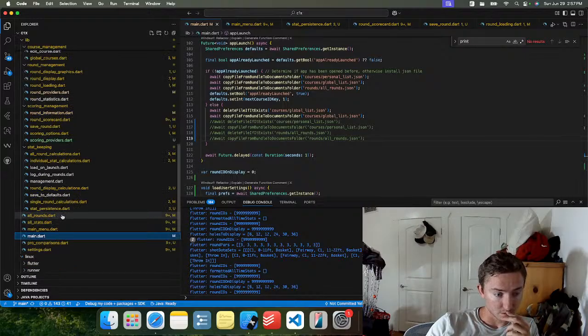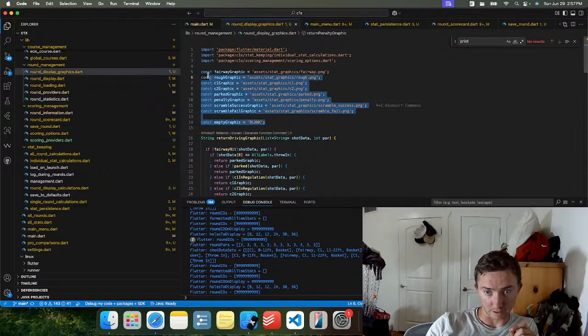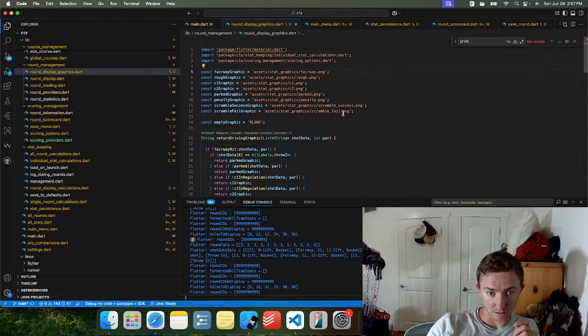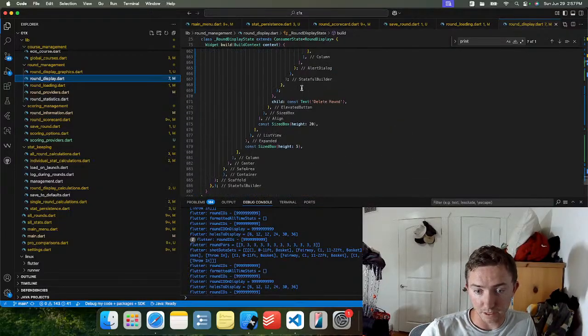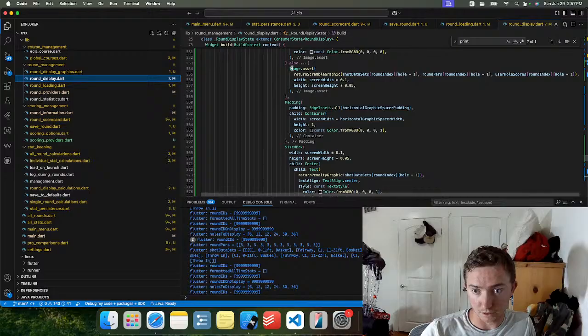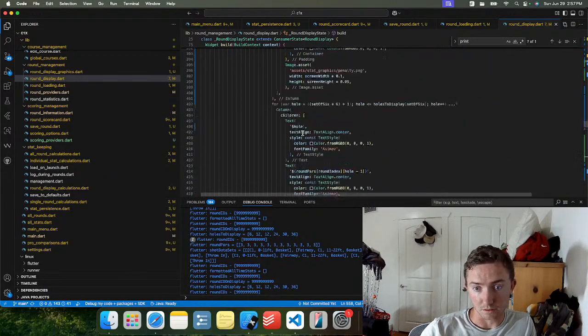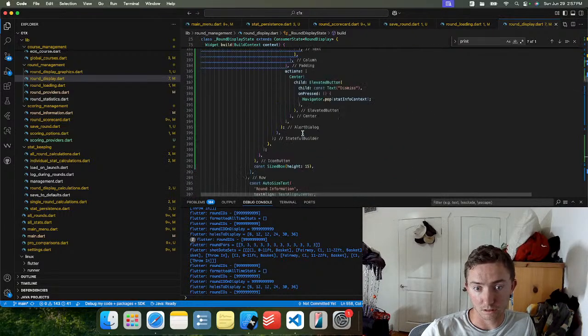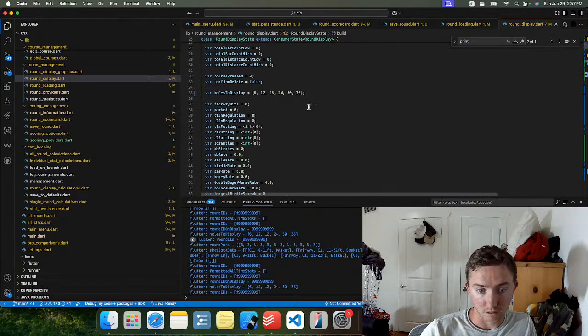Under style, right now in my round display graphics, I have these established. Okay, so I can call it the same thing. Let's go to the round display view, and let's find where I'm pulling one of those images here. Return scramble graphic. Image asset, yeah, okay, so we can copy this. Let's go to my help image right here. All right, so